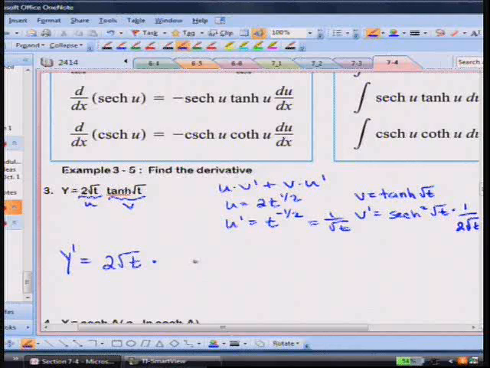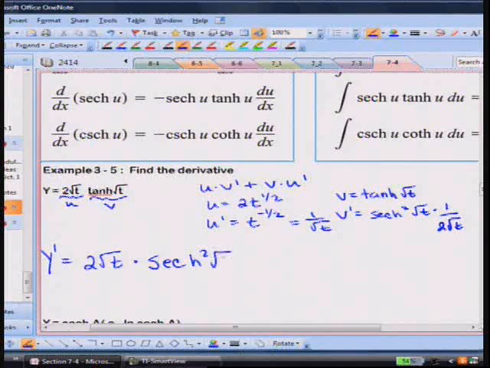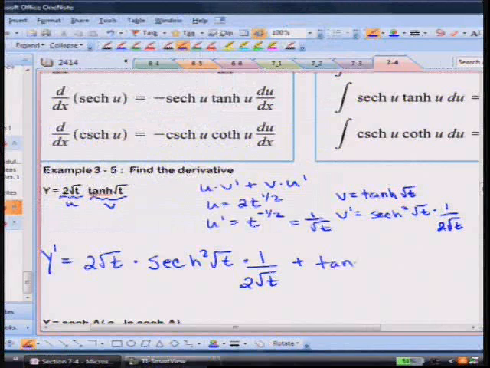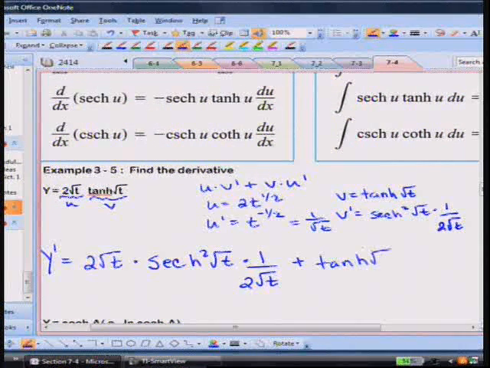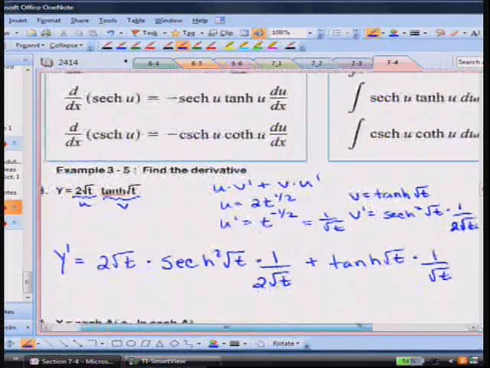Just kidding. u times v prime, which is hyperbolic secant of the square root of t times 1 over 2 square roots of t, plus e, which is the hyperbolic tangent of the square root of t times u prime, which was 1 over the square root of t. And so then, on this one,